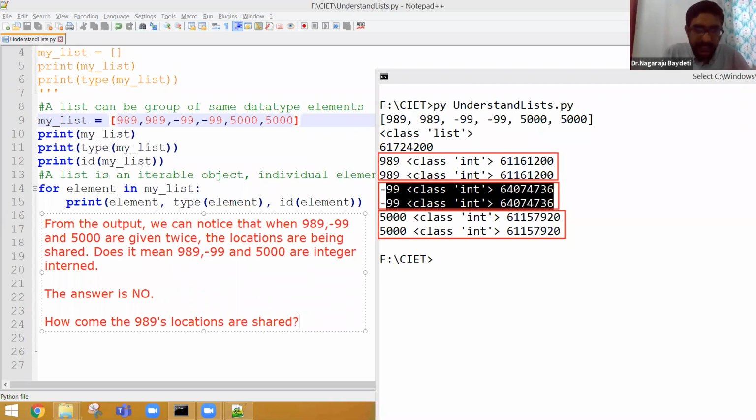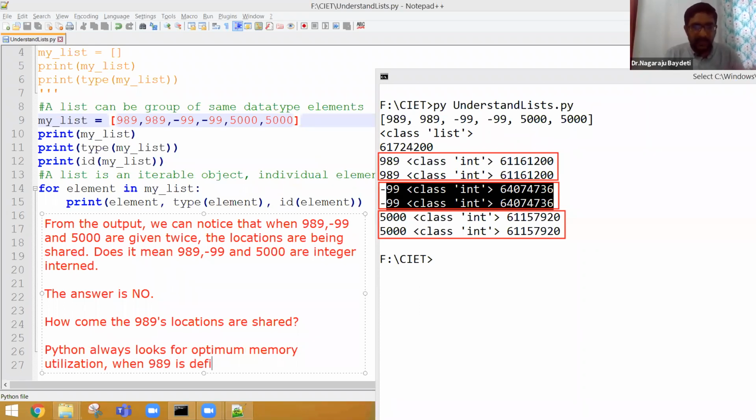Okay, this is where Python does the memory optimization in the background. Python always looks for optimum memory utilization. When 989 is defined in my list twice, you should understand that it is the same concept as 99 minus 99 and 5000.